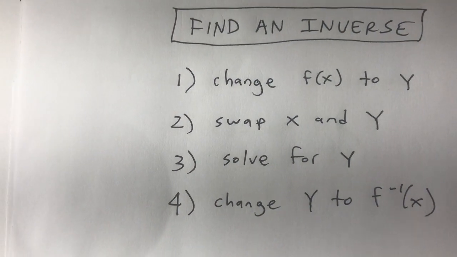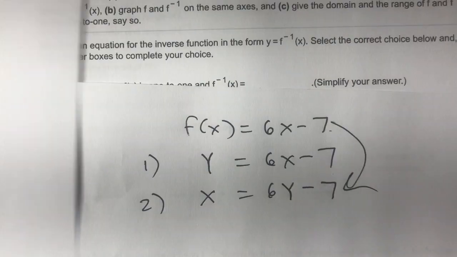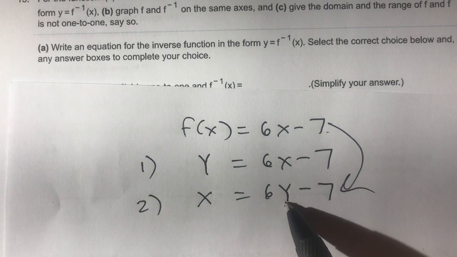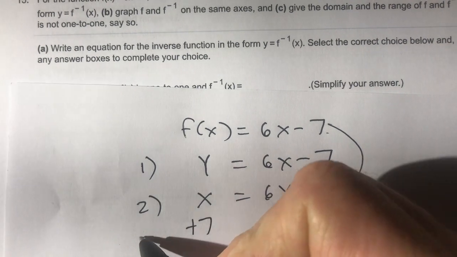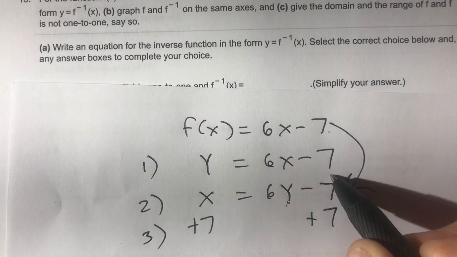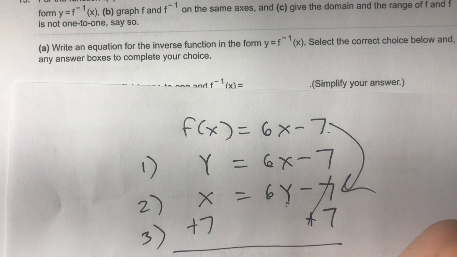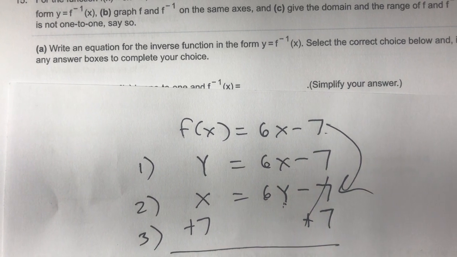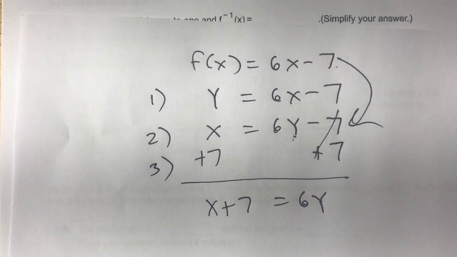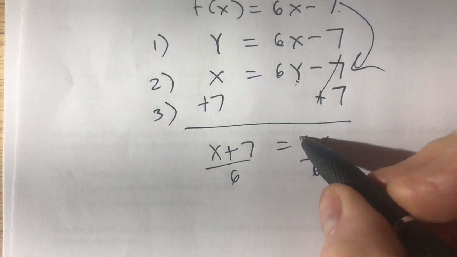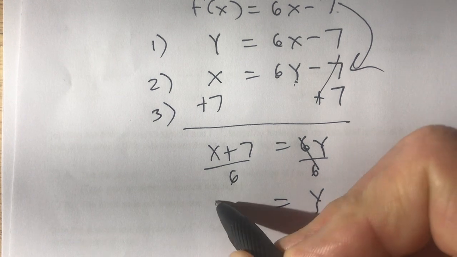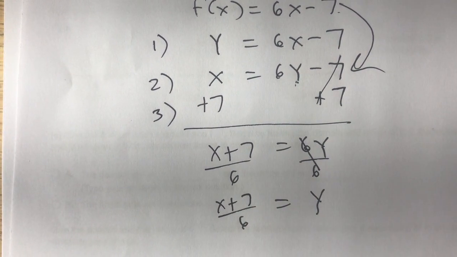Step 3, I've got to solve for y now. So right here, here's y. I've got to solve for y, which means I'm going to have to add 7. This is step number 3. So this will go away, and I have x plus 7 equals 6y. Okay. And then divide by 6. And that will cancel, so y equals x plus 7 divided by 6,